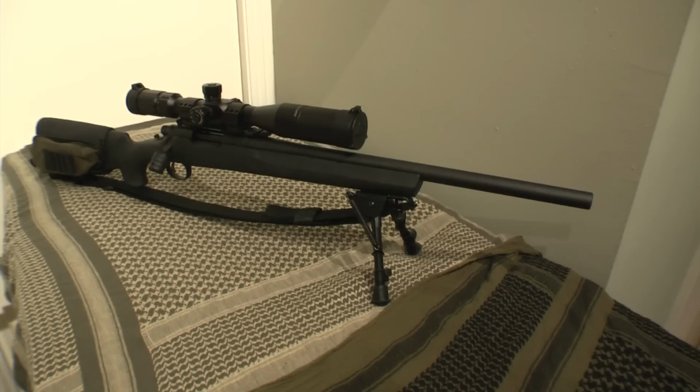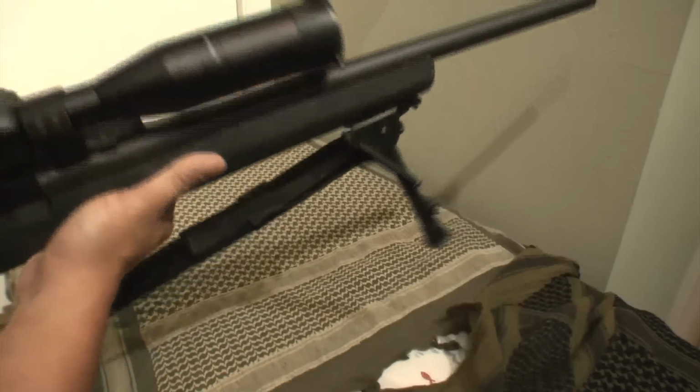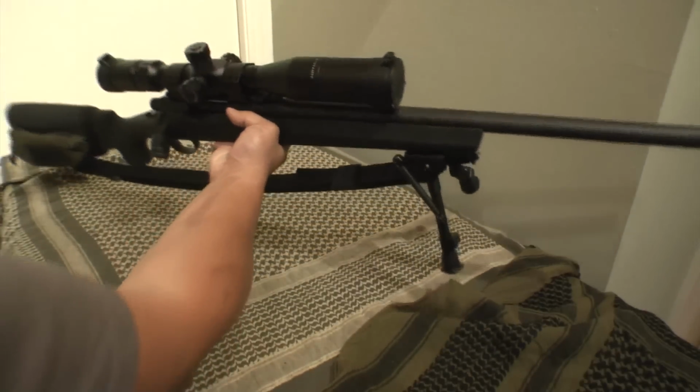And I've got the extended sunshade in the front for that, and also Butler Creek covers, front and back. And that's pretty much it. Let me see if I forget anything. I've got some 308s loaded. I'm going to be doing some testing,